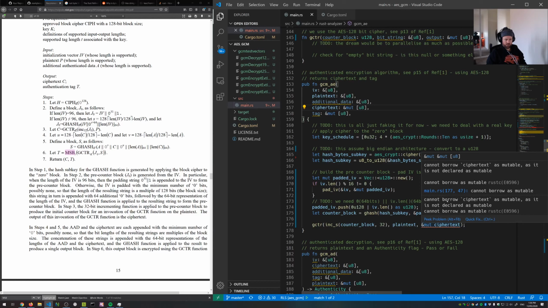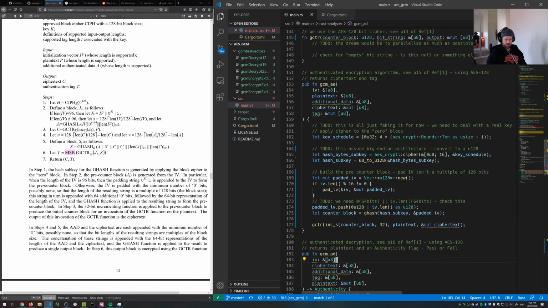Bar is mutable, but it is. Ciphertext is